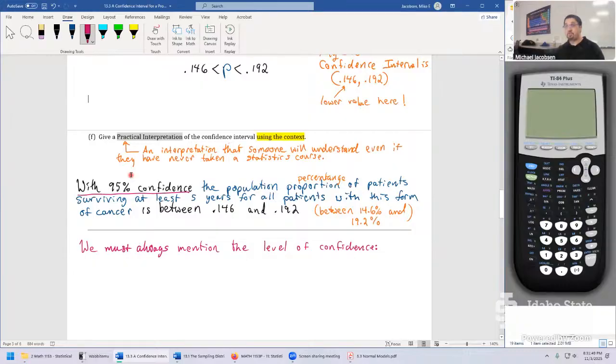The remarkable thing about this percentage here, this confidence, is the following. If we repeat this study 100 times, this is assuming same population. We're not changing the population. We're not changing the notion of a success. Repeat the study 100 times, we get 100 different confidence intervals.